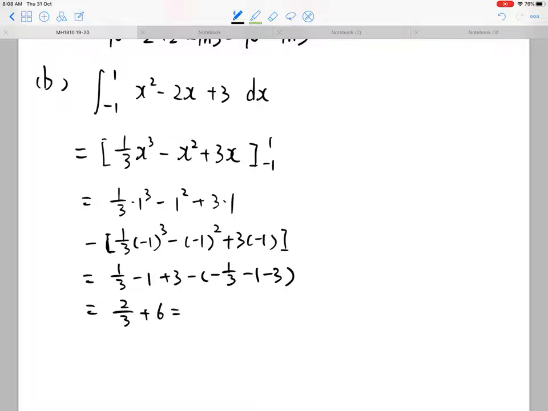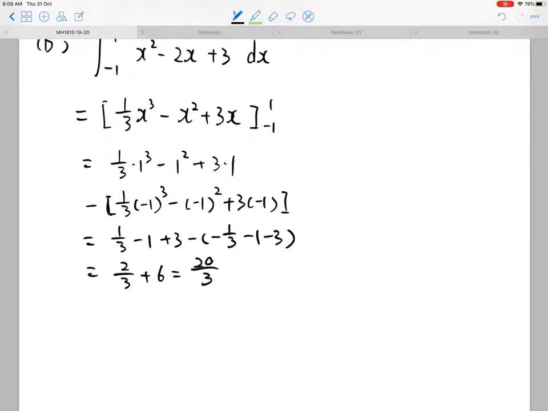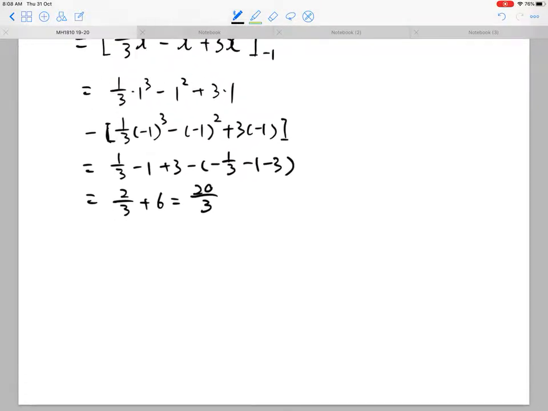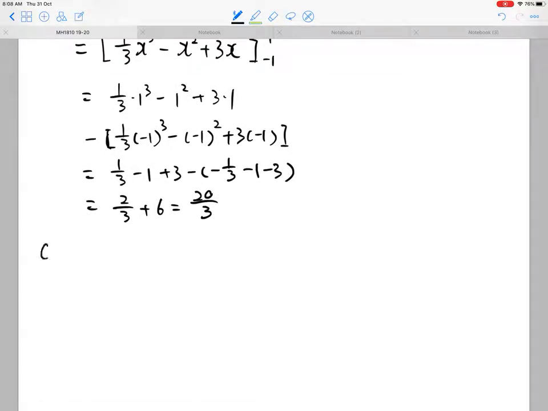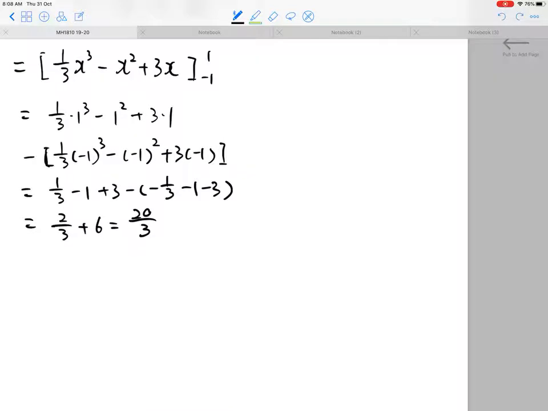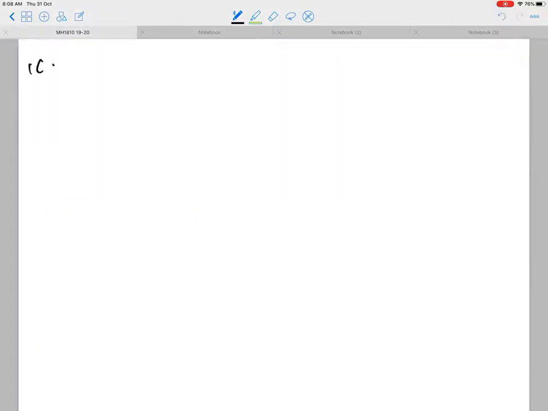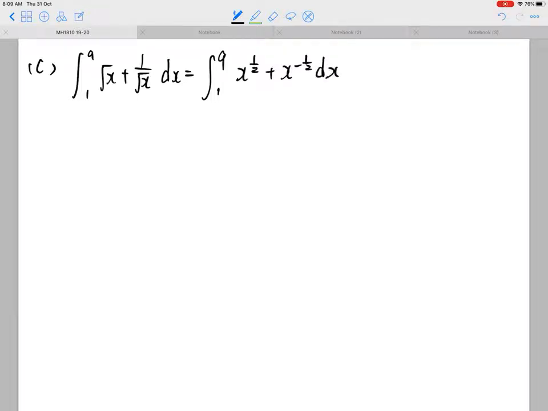It's going to be 20 over 3. Next part, part C. It's the integration of square root of x plus 1 over square root of x. For this kind of integration, I suggest you change it to x to the power of half plus x to the power of negative half, because it's much easier to do the calculation in this way. Then x to the power of half, the integration is